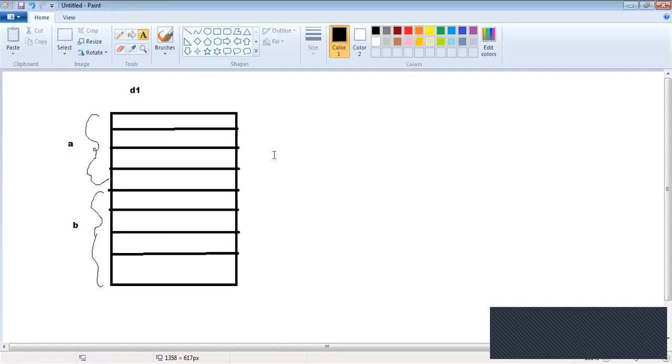Similarly, it will create for D2. Are you getting my point?